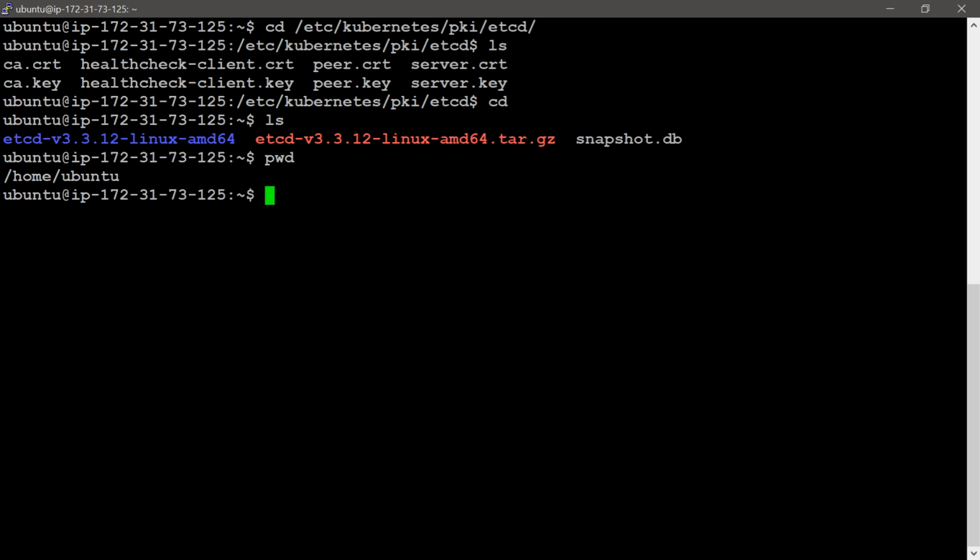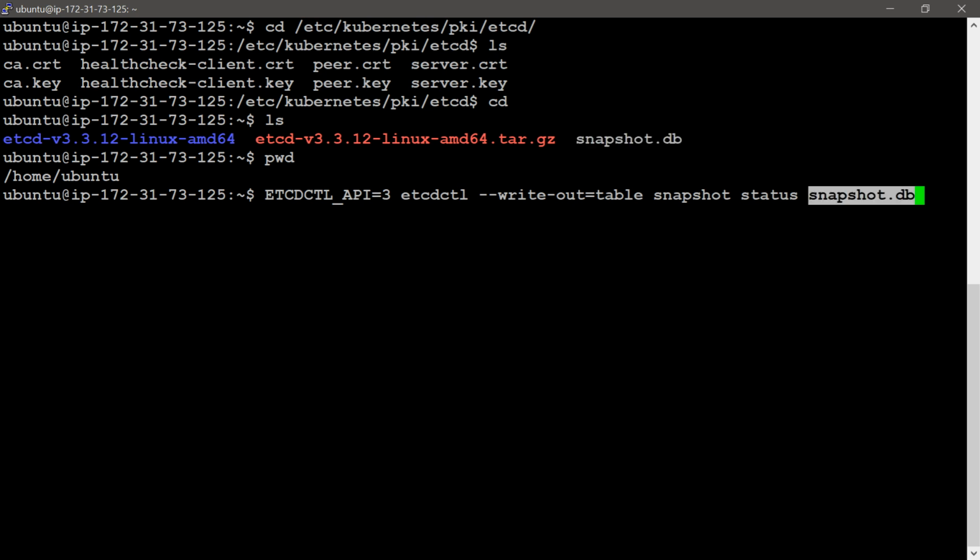Now I will check whether the snapshot was successful or not with ETCDCTL_API=3 etcdctl --write-out=table snapshot status snapshot.db. This is the name I gave here. This is the status of the snapshot.